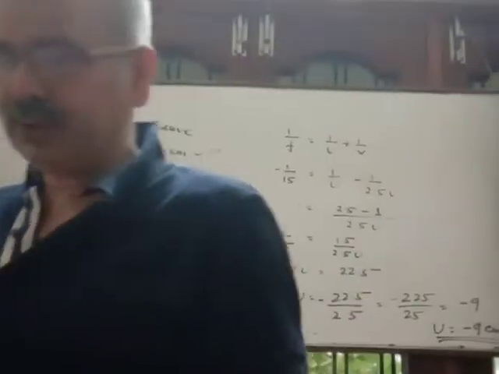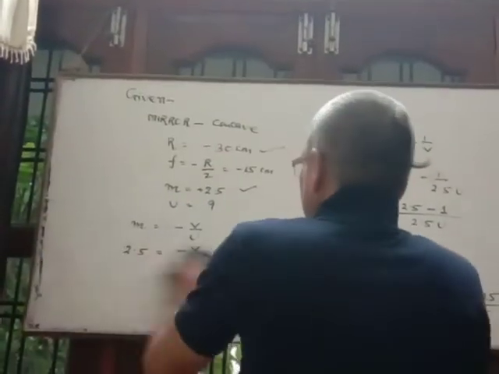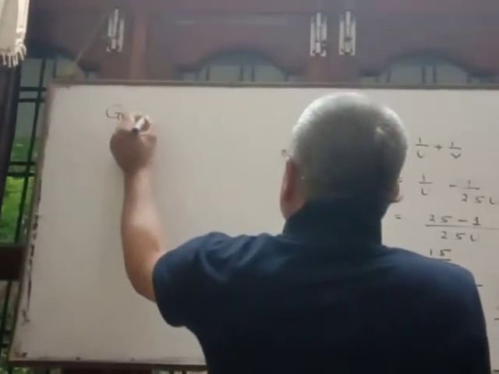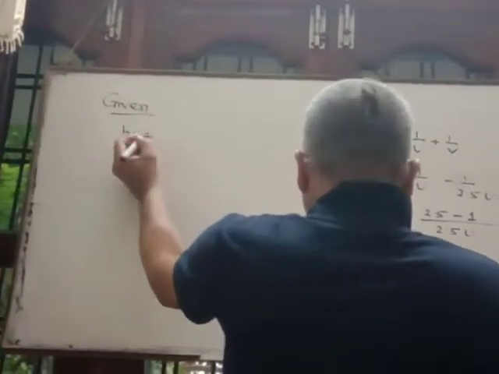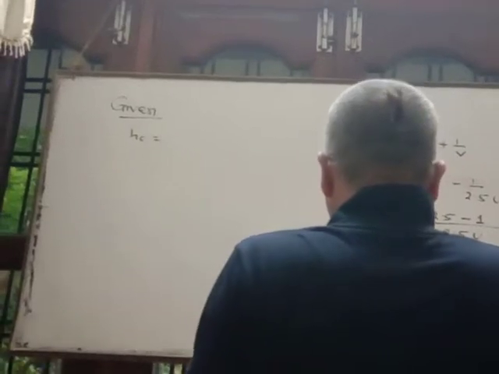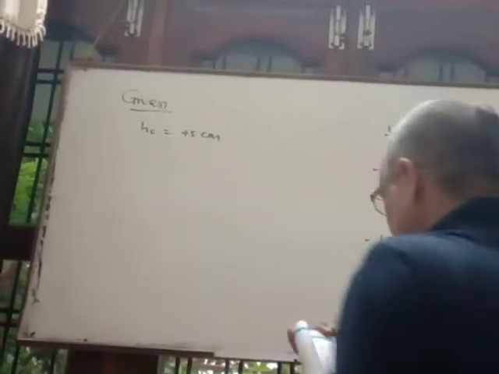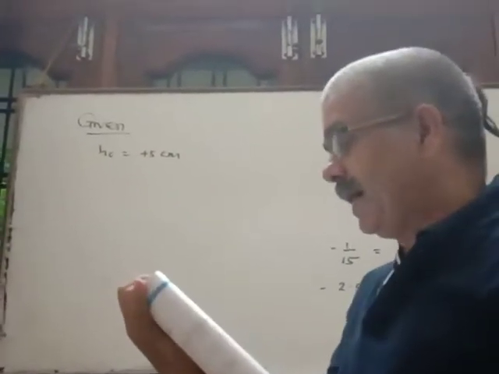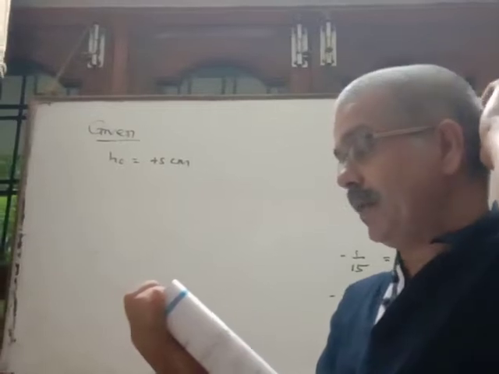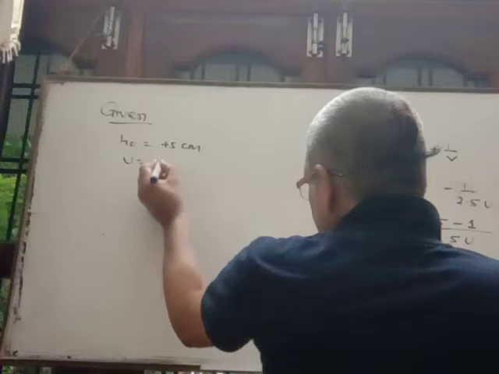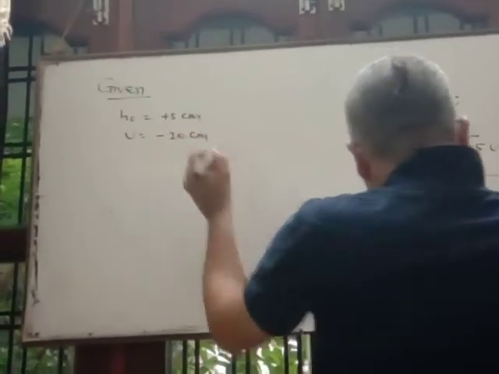Here, next question. 5 centimeter tall means it is the height of object given. HO is equal to plus 5 centimeter. Was placed in front of a spherical mirror. Here the name of the mirror is not given. At 20 centimeter. The distance of object is always negative. So minus 20 centimeter